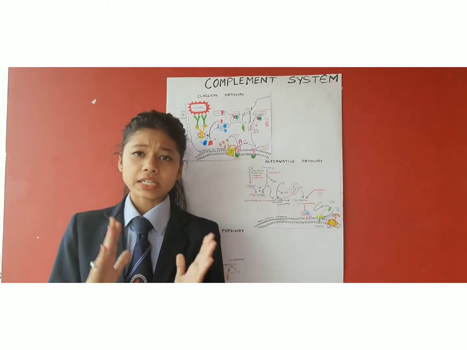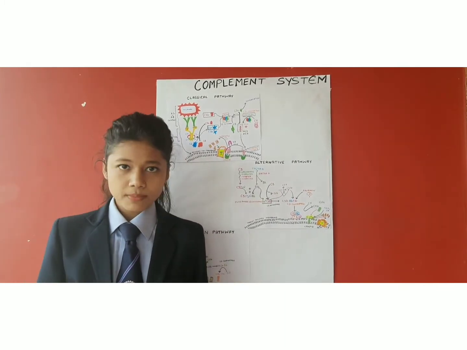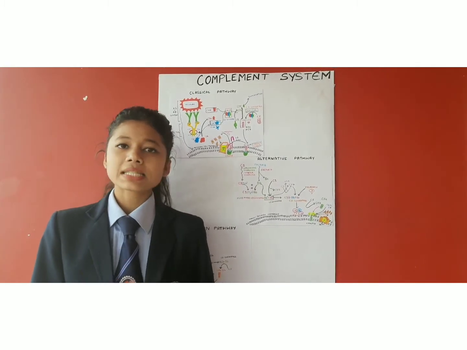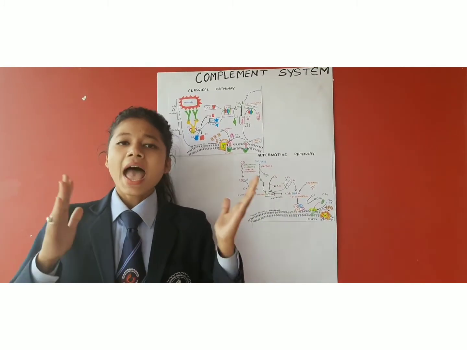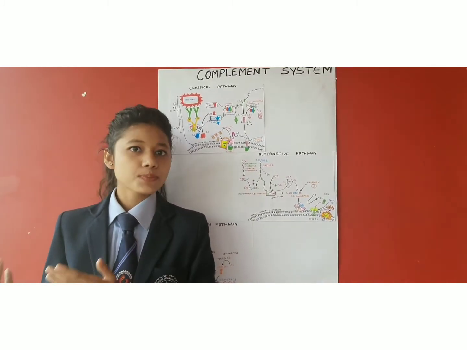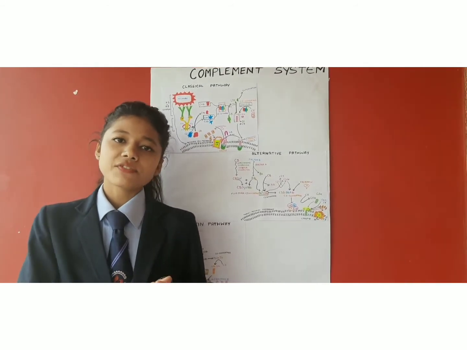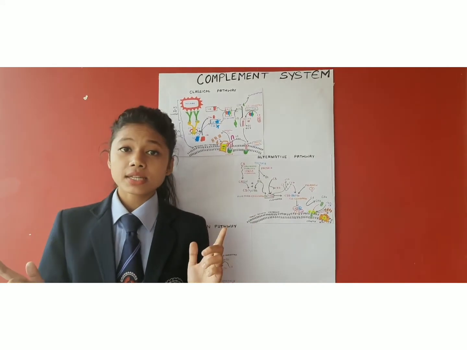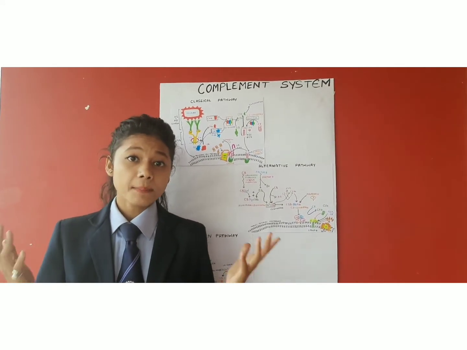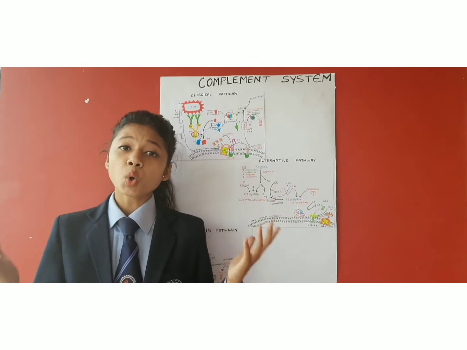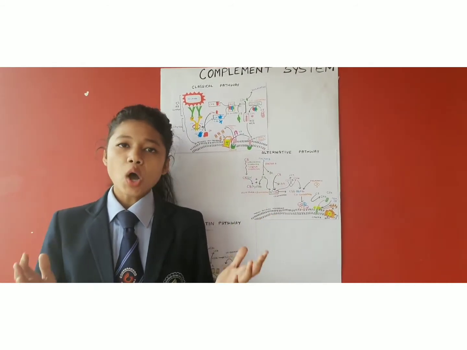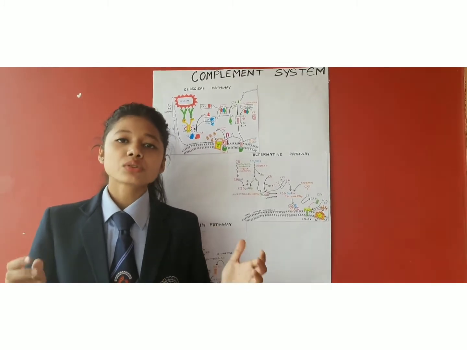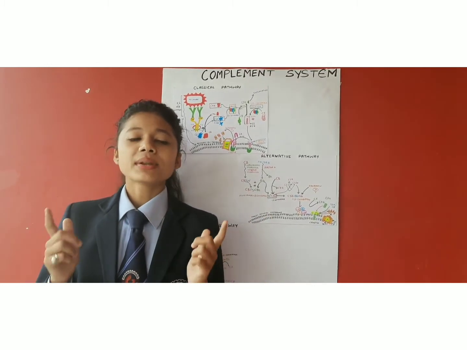And being a larger and active fragment, C5b will enter into the pathogen membrane and will recruit C6 and C7 proteins, forming a C5b6-7 complex. And then this complex will recruit C8 protein, now forming the C5b6-7-8 complex. Now, this whole complex has the major ability to polymerize the C9 protein. And as a result, the poly C9 protein enters into the pathogen membrane and forms a pore in the pathogen membrane by forming the membrane attack complex.